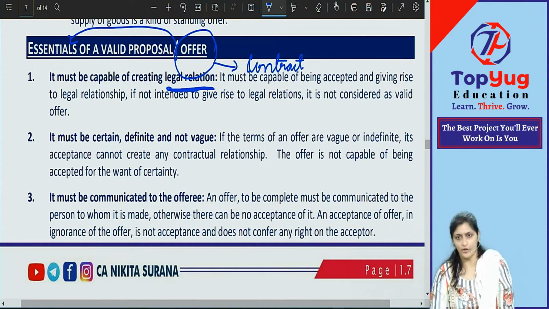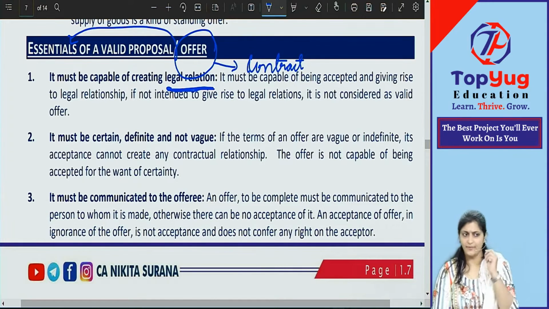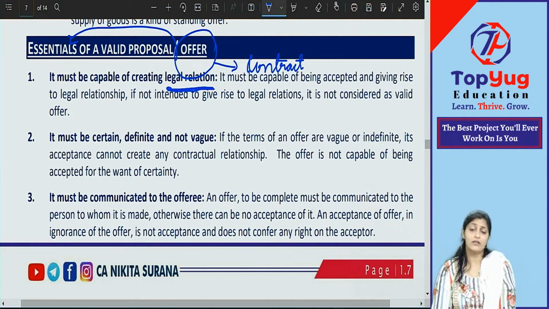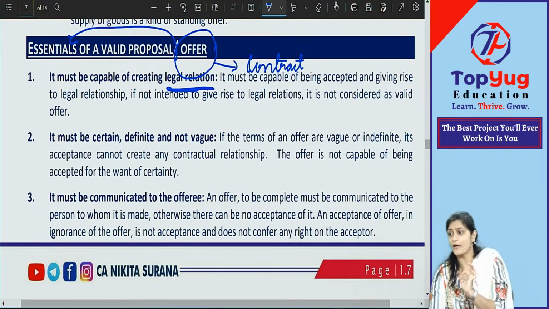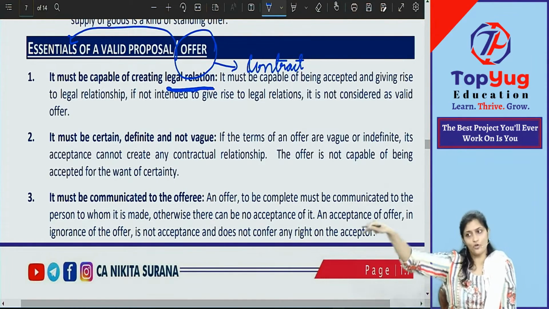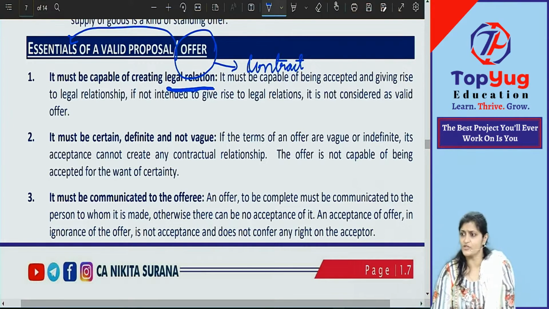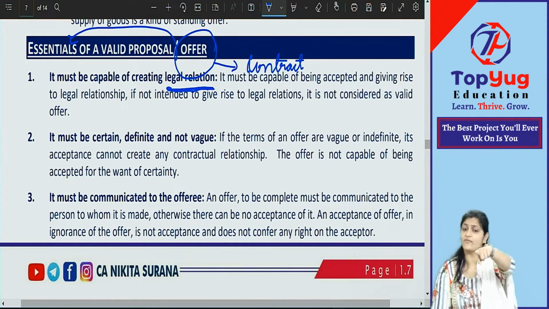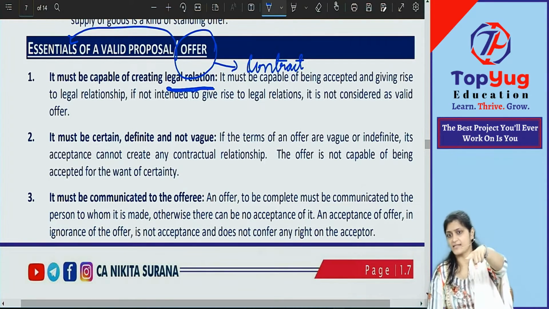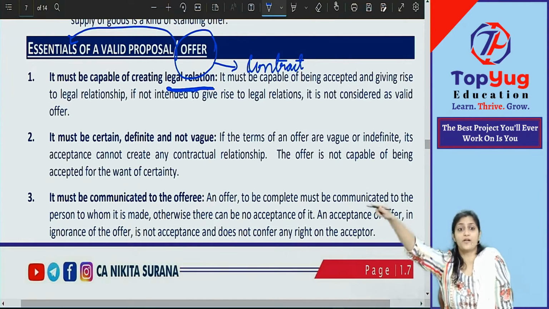When I am making an offer to you, I am selling you the car, I am telling you, you will have to pay me 5 lakh rupees. You said, yes, I will pay you 5 lakh rupees, I will purchase the car. Now, when the time came to give me 5 lakh rupees, what are you saying? I will not give 5 lakh rupees, I will give only 3 lakh rupees. Can I go to court of law and file a complaint against you? Yes. That was only my intention when I made the offer. When I told you I will sell my car at 5 lakh rupees, I was thinking if this person says yes and afterwards is not giving me 5 lakh rupees, I will take this person to court of law.